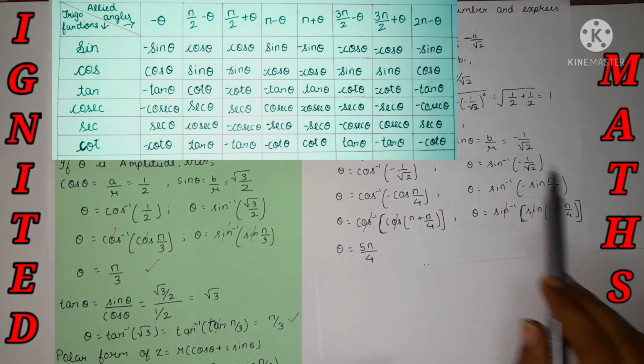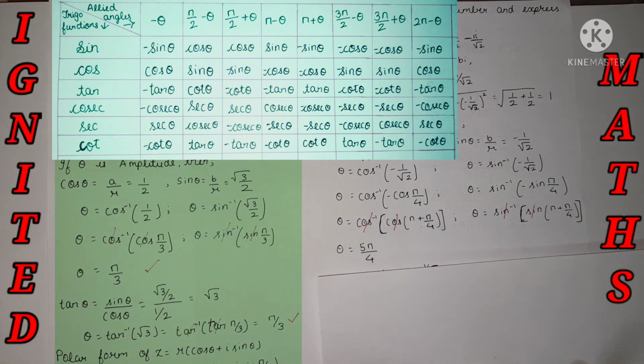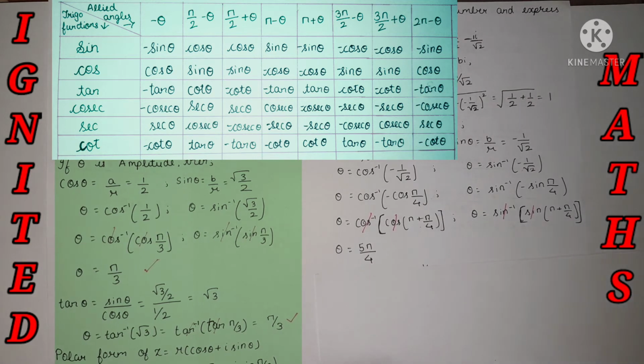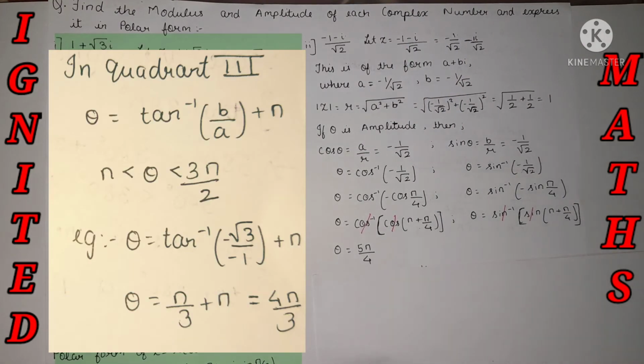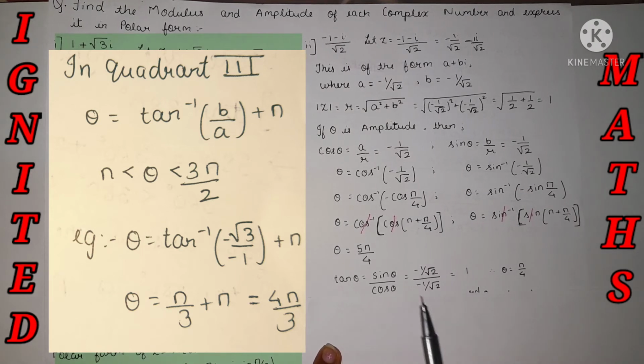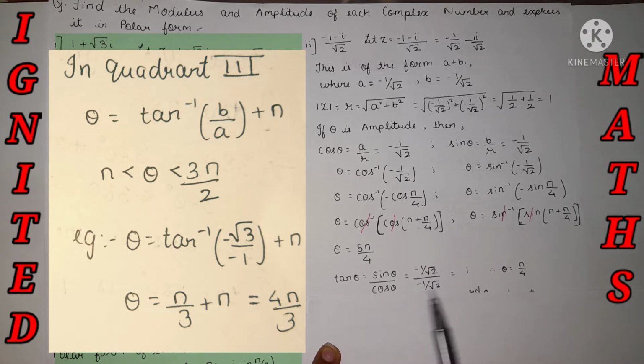This we have done by the trigonometric functions of the allied angles. Now if we can't remember the trigonometric functions of the allied angles, we will still get the answer by the quadrant system. The quadrant system is displayed: first, second, third, fourth. My a and b terms lie in the third quadrant. So what will be the value of the amplitude over here? Tan theta is equal to sin theta by cos theta. By doing the calculation, the root cancels, the minus cancels, and we get 1. So tan theta is equal to 1, in which theta is equal to pi by 4.